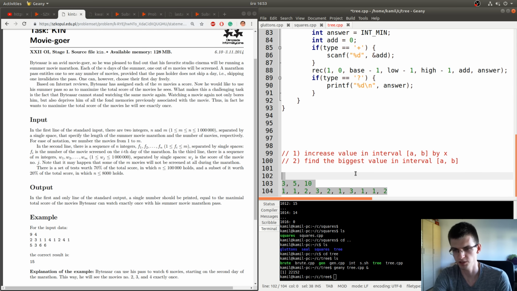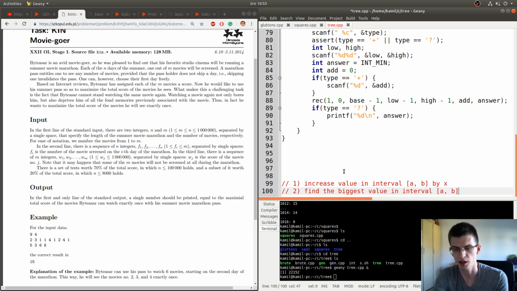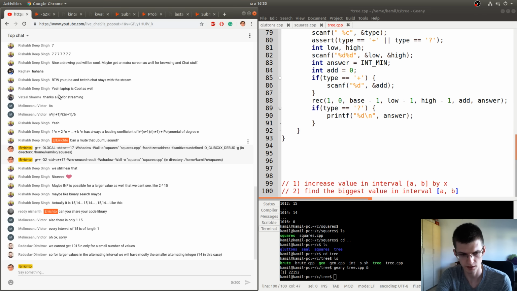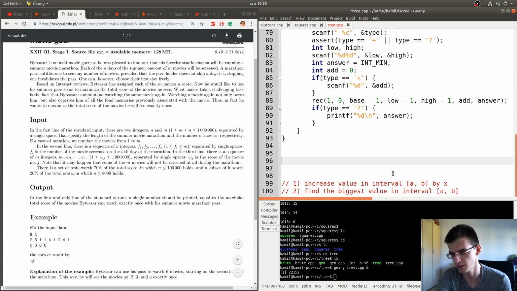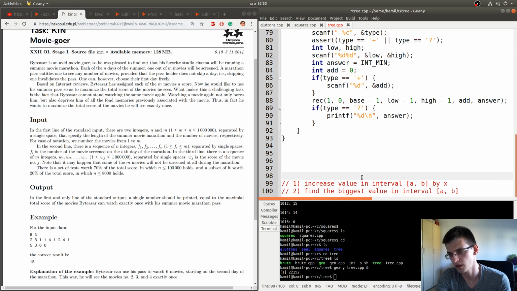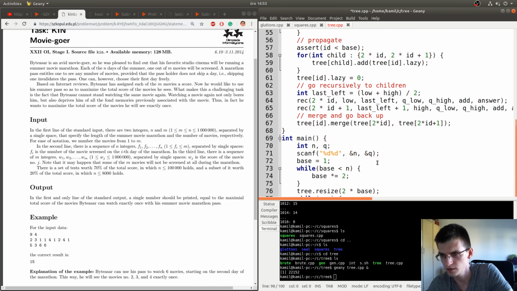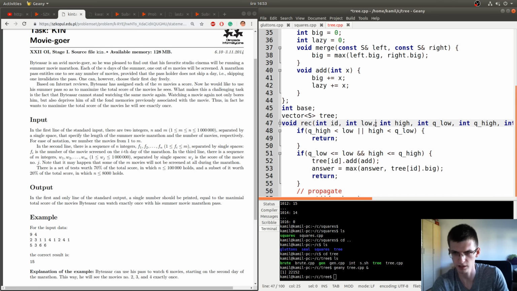And this is possible to do with, at least in Polish it's called, interval tree, which must use lazy propagation, and you should know how to implement that. I did that earlier today, or maybe yesterday. So I will talk a little bit about it.